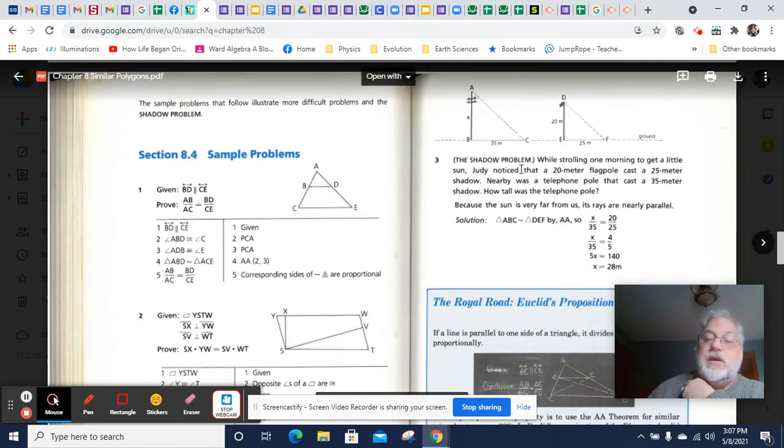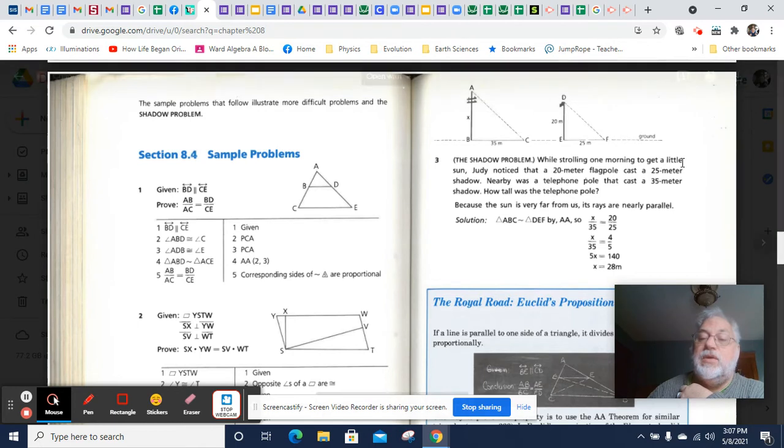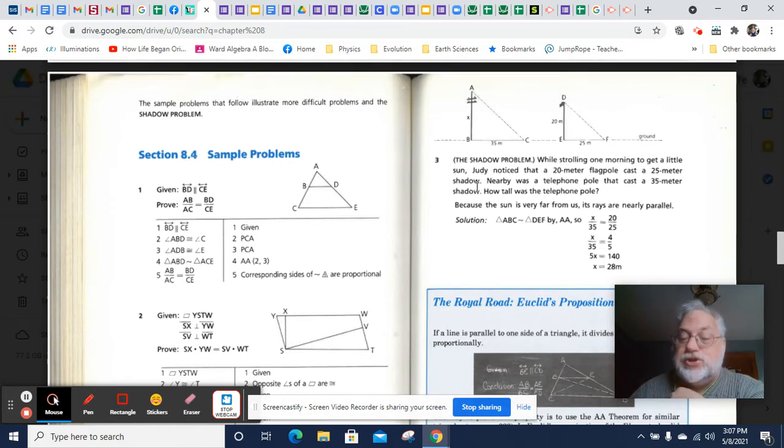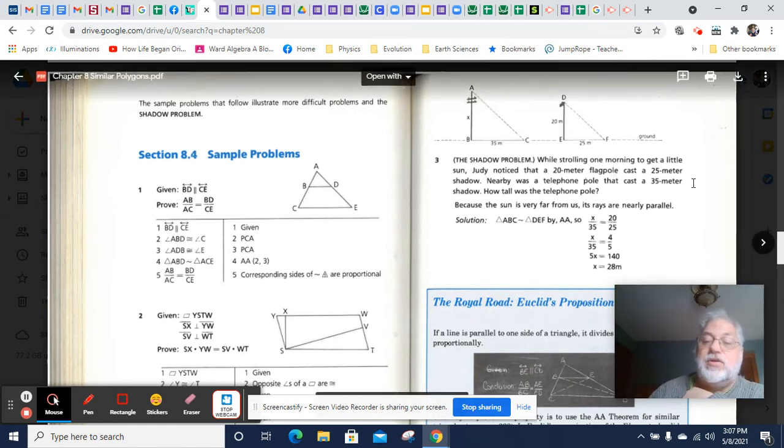Now, the other type of problem is called the shadow problem. And so here, let's read this. While strolling one morning to get a little sun, Judy noticed that a 20-meter flagpole cast a 25-meter shadow. And, because Judy is who Judy is, she apparently wanted to work out some things. So nearby was a telephone pole that cast a 35-meter shadow. How tall was the